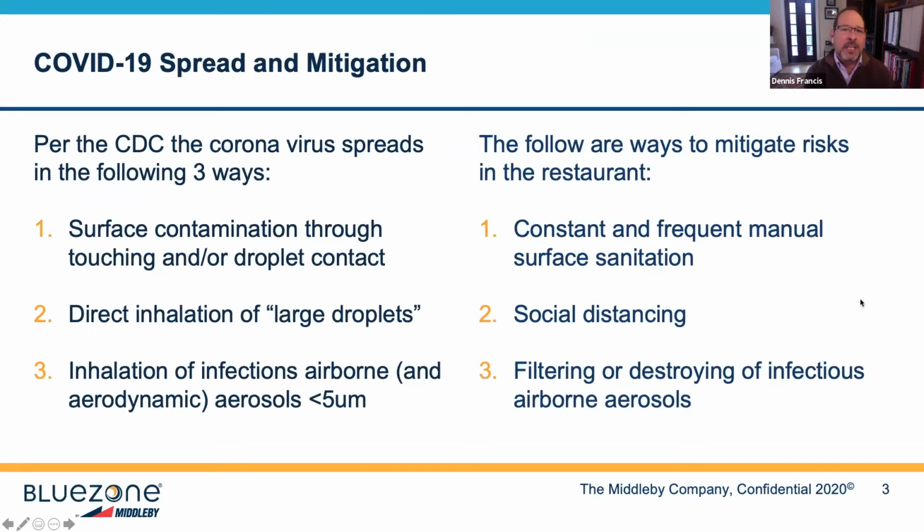I want to just basically recap what we're going through right now with coronavirus: it is an aerosol-related viral spread, and that's how people are catching it, mostly indoors. That's the reason why they're closing down bars and restaurants and asking people not to congregate. Exactly. But there are ways to mitigate the virus. And one of the ways